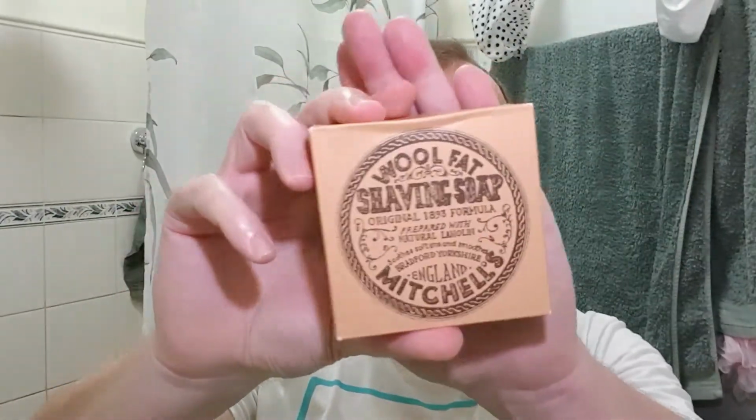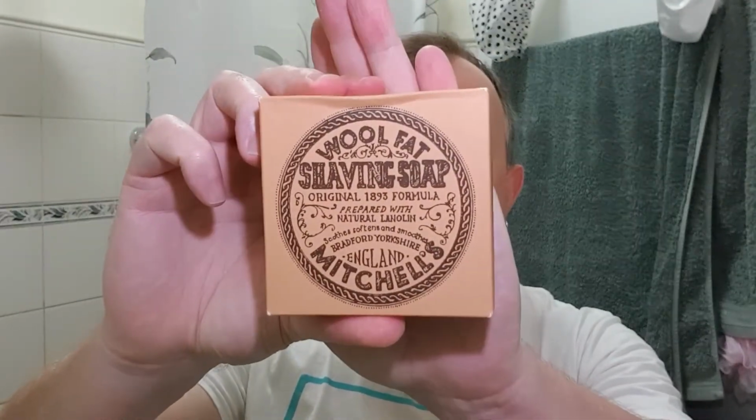Rightio, now we're at the soap. So my thoughts of this soap. First off, it's a good soap. I got a really nice lather from it. Not the best lather, but it's a good lather. And my only negative towards this soap is